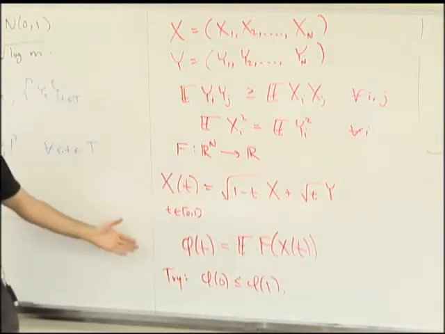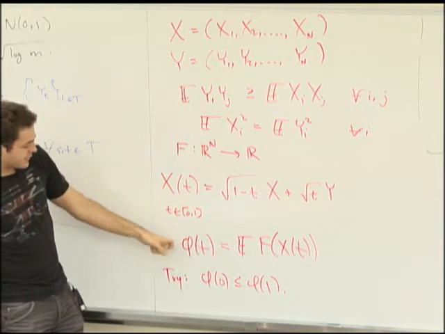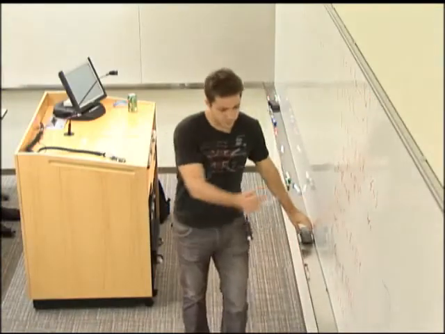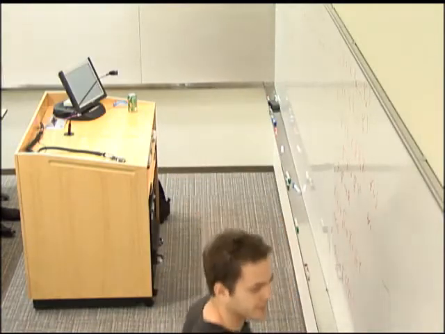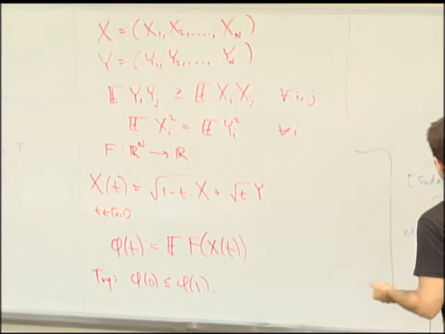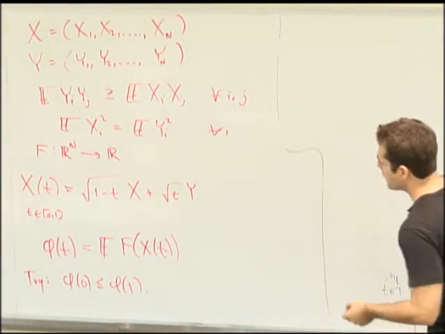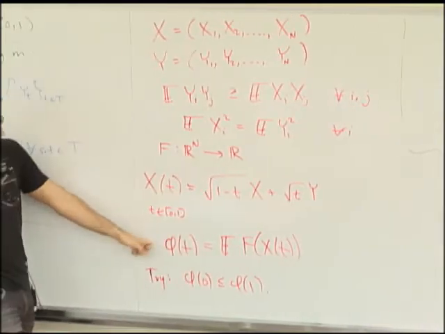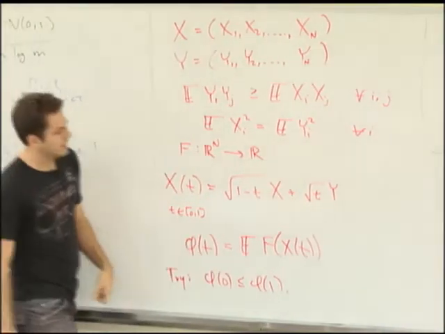Okay? So now it's clear what we should do. We should analyze the derivative of this thing with respect to t and see how f is changing. So let's do that. It's going to be increasing. Yeah, so we'd like to show that the derivative of this thing is always non-negative, and that will give us this.